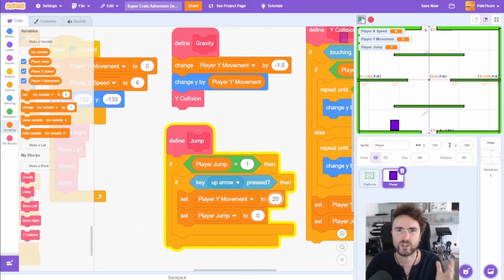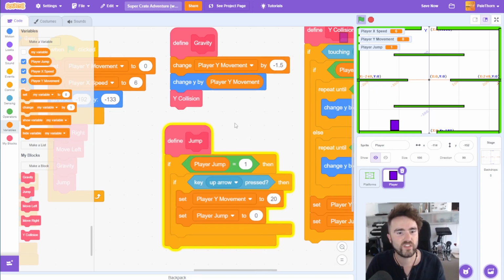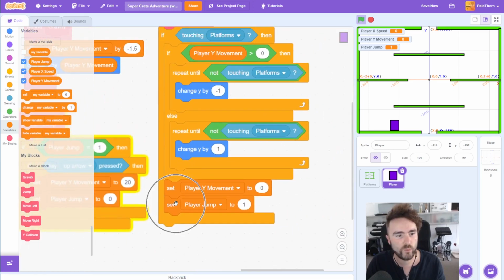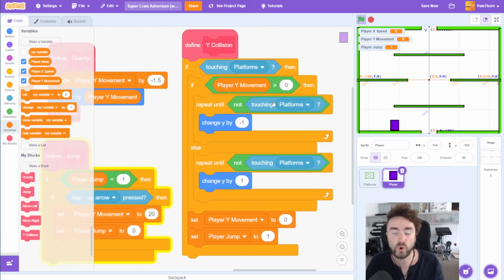So I need to figure out, why is it doing that? And the answer lies in where we put our set player jump. This happens whenever we hit either the floor or the ceiling. We want it to only happen if we're hitting the floor. Remember, where is that in our code? Right here, if player movement more than 0,